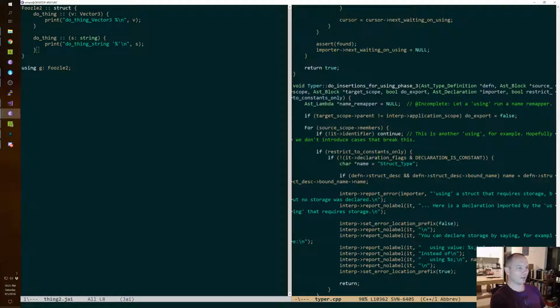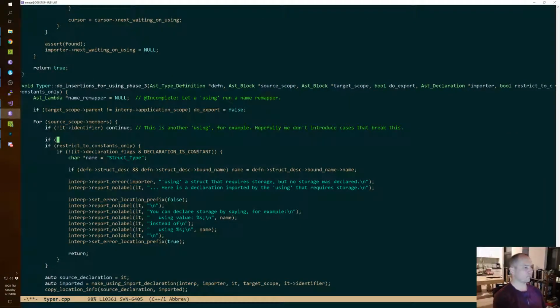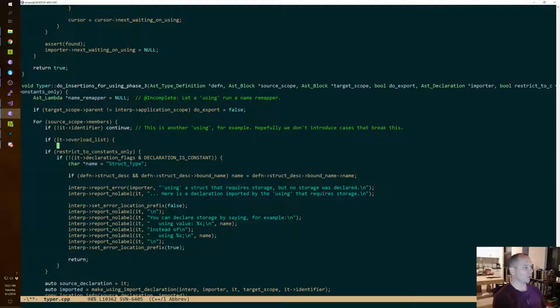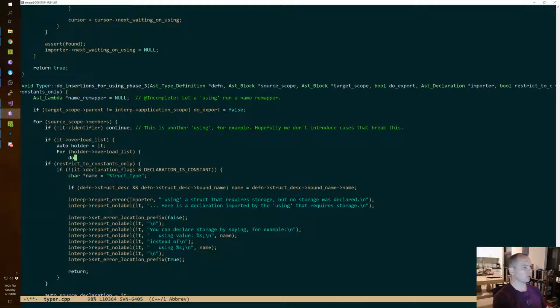So really what we should do is do one more here. We'll say if it arrow overload list for... I don't know why this is called phase 3. It's really phase 2. It's a stupid name.